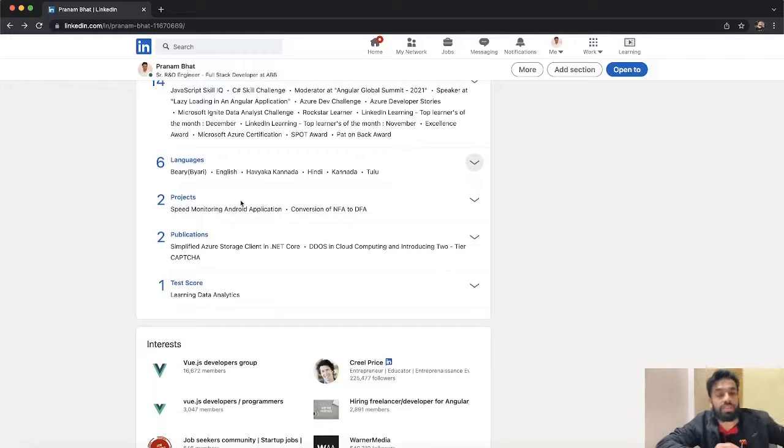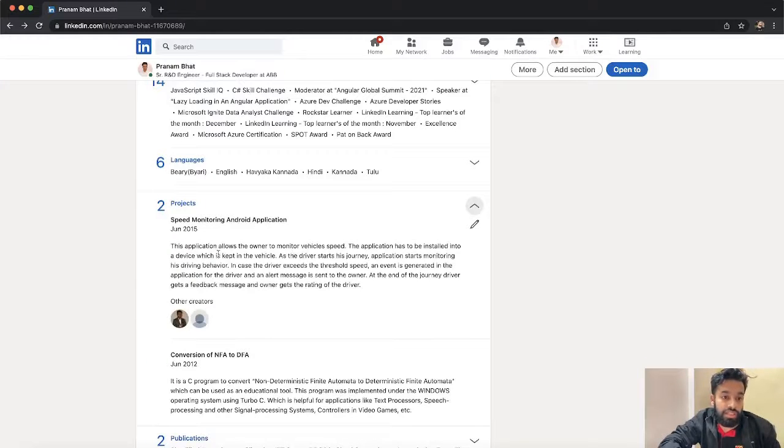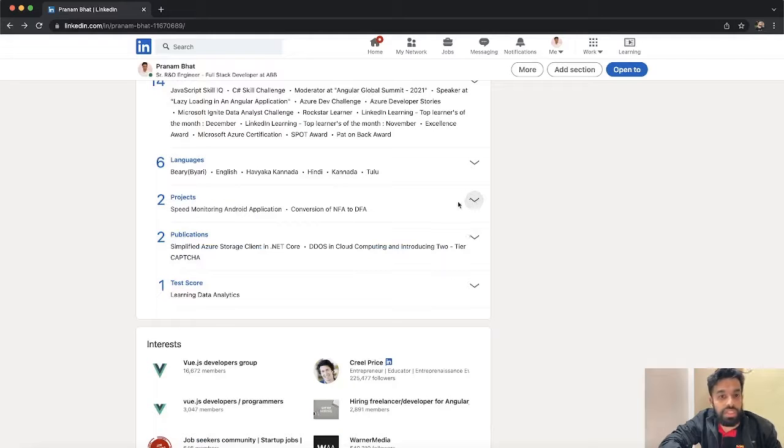In the projects section, for example, if you have done any freelance projects or GitHub projects on your own apart from your work, mention those projects here with proper details, like year and description, and also tech stack with proper title. These are your private projects or private contributions apart from your work.